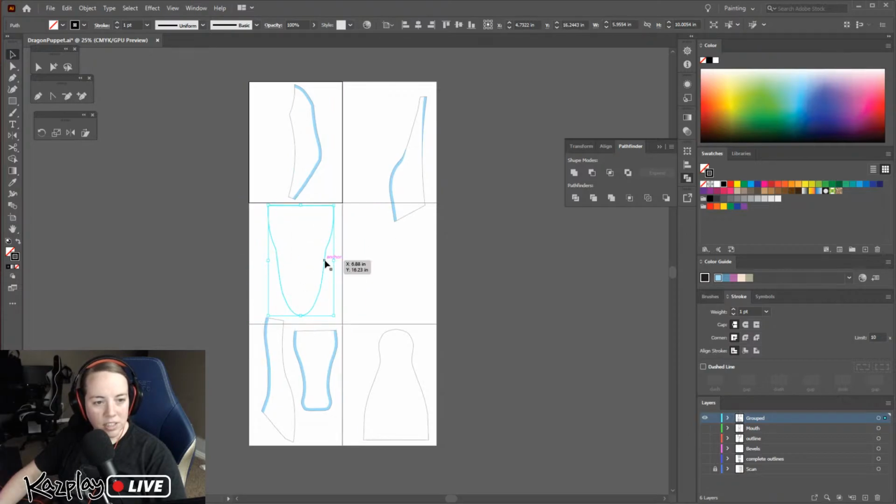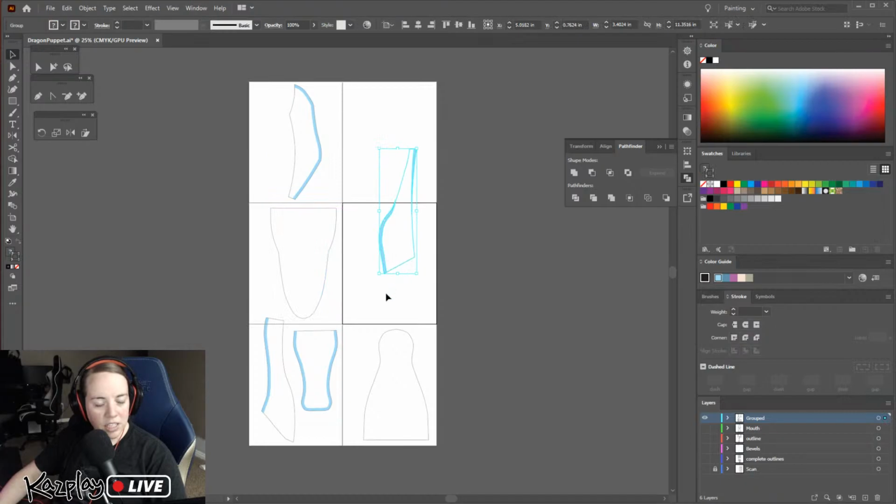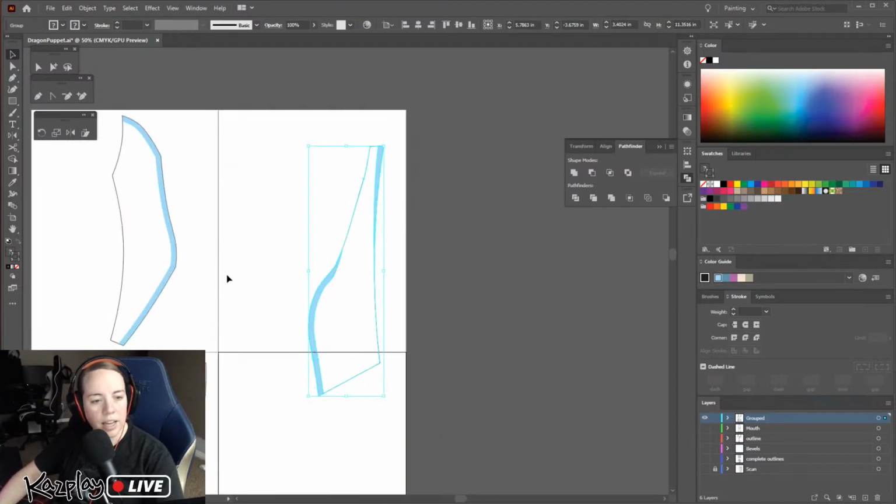So now this part is just arranging things on the page, and for these parts that have to span over multiple pages, I like to try to arrange it so that the